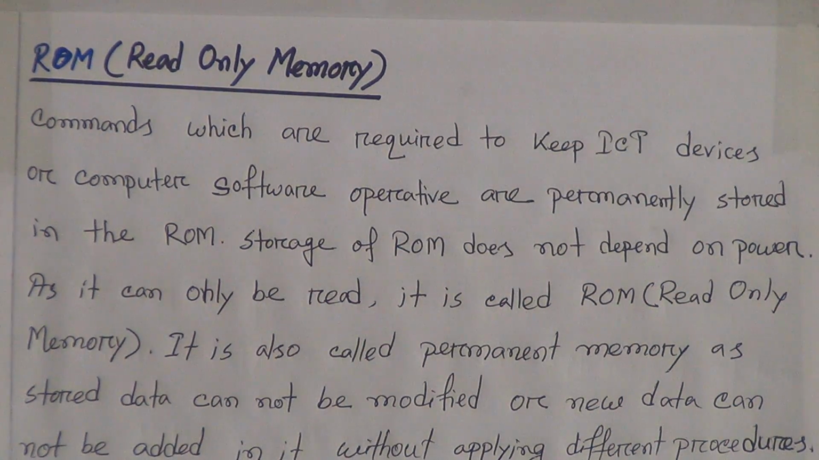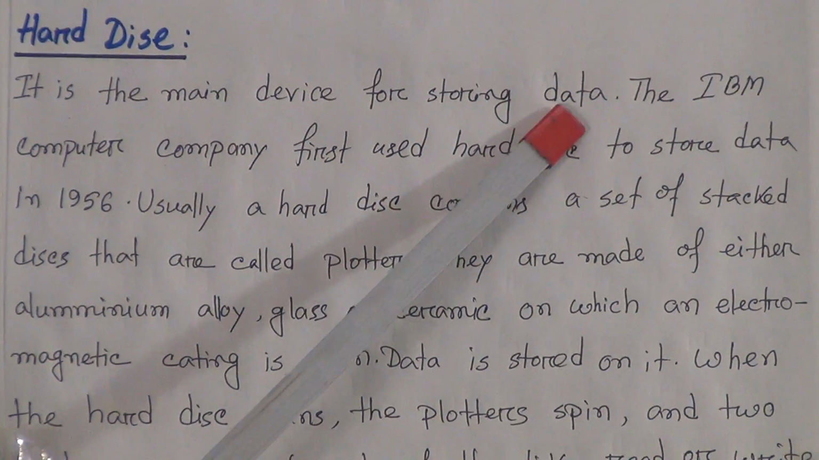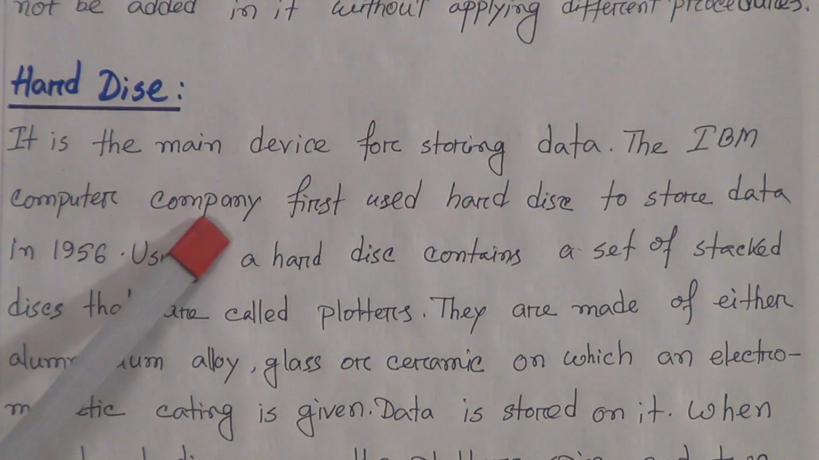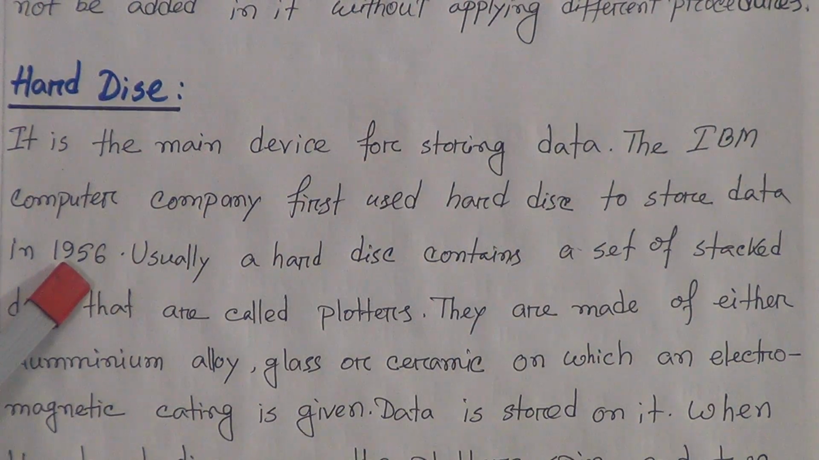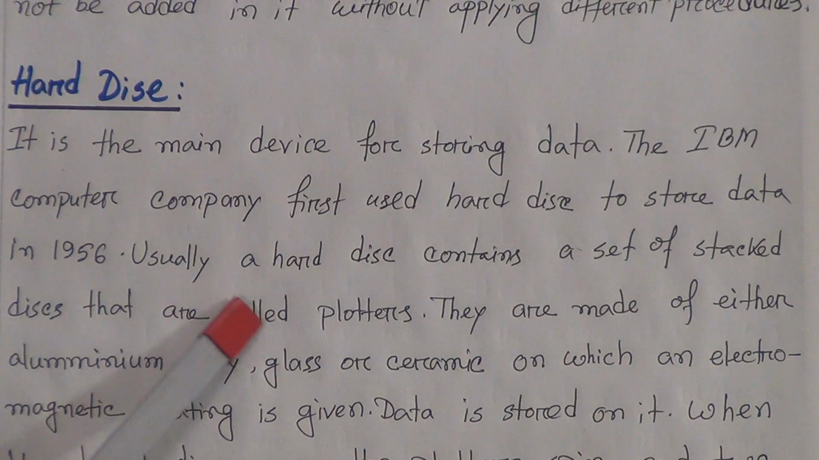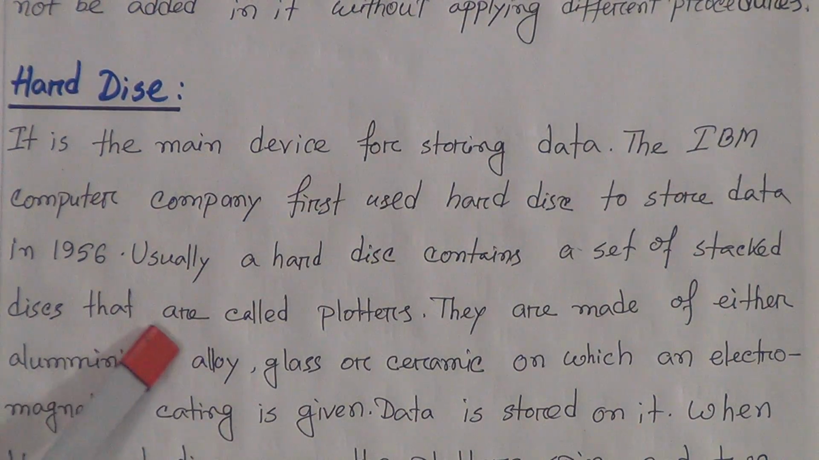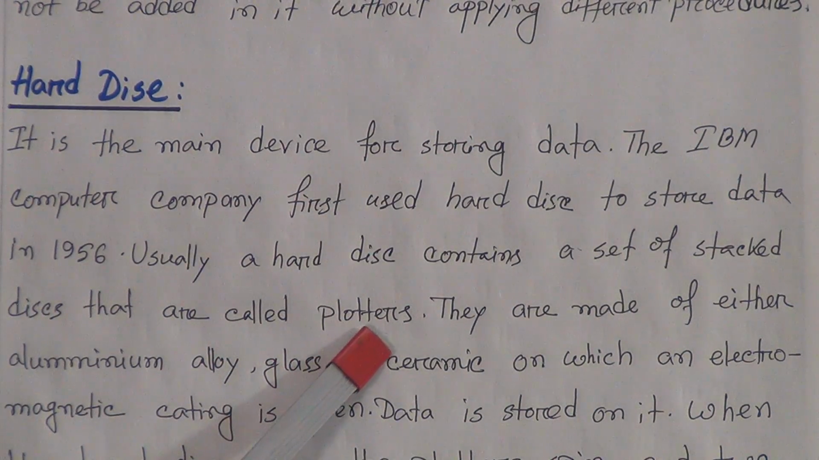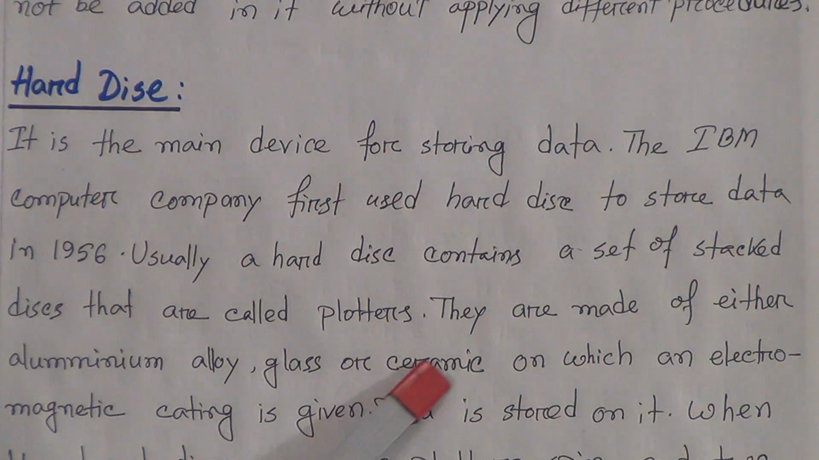So we have learned two primary memories, RAM and ROM. Now we will learn about hard disk. It is the main device for storing data. The IBM computer company first used the hard disk to store data in 1956. Usually a hard disk contains a set of stacked disks that are called plotters. They are made of either aluminum alloy, glass or ceramic on which an electromagnetic